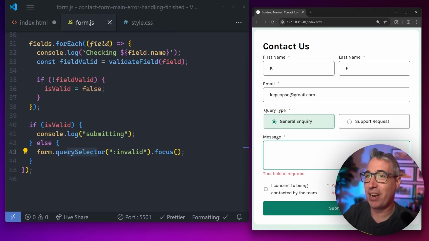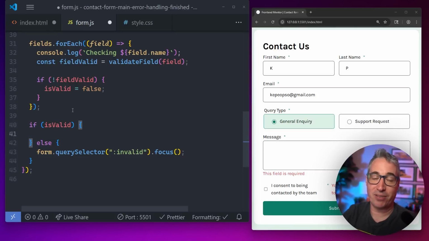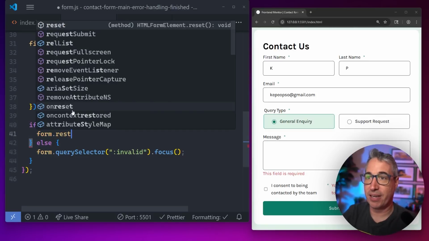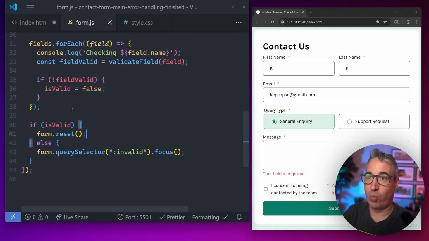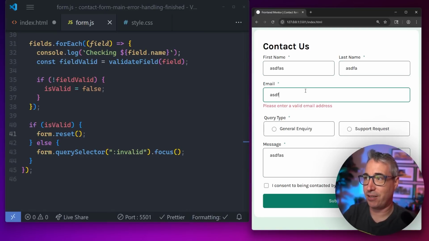And that's for another day. But we're just sort of focused on all the things here. But one thing you can do here, on the isValid, is a form.reset, just because usually when a form is submitted, say we come in here and fill it all out and it actually gets submitted,